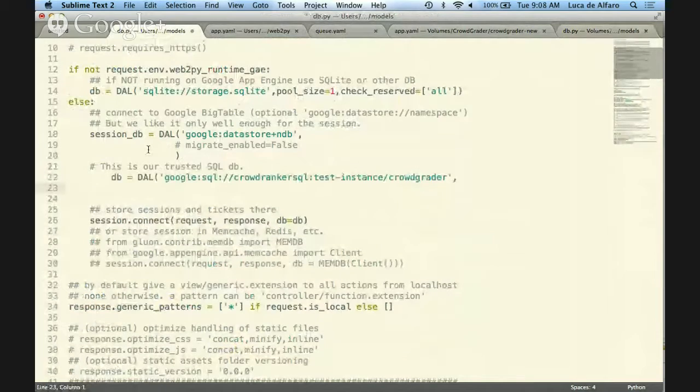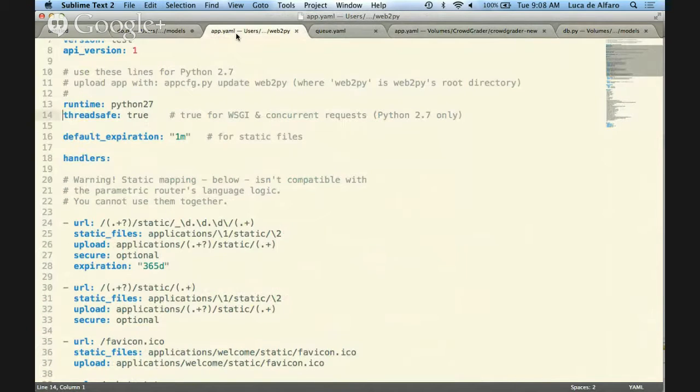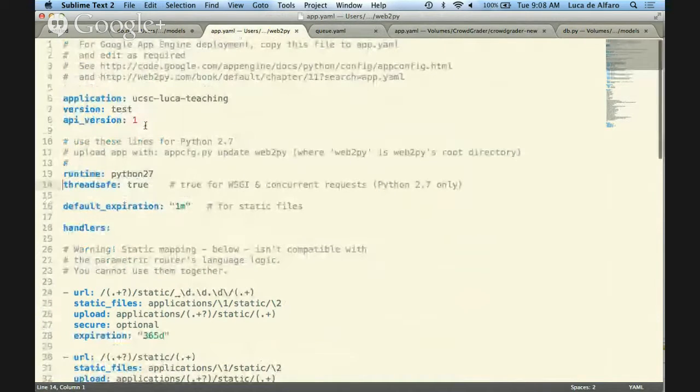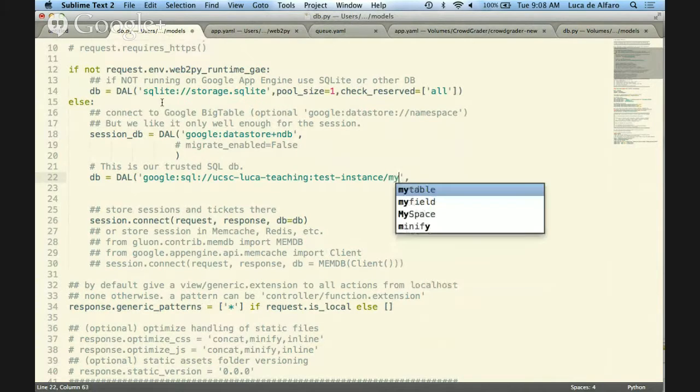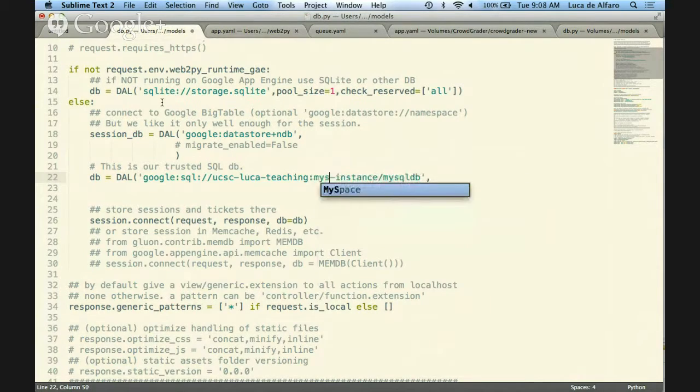If I go here, you can say my real database is Google SQL. And the typical thing would be to have the same app that you are using here. You would create the database in the same application. The application is UCSC Luca testing. So here I would have also UCSC Luca testing. So this is the name of the app. This is the name of the database instance, and this is the name of the database, like MySQL DB. And this would be sort of a MySQL instance.